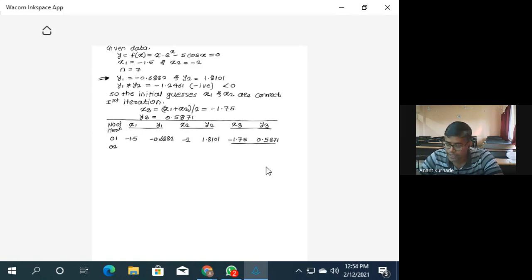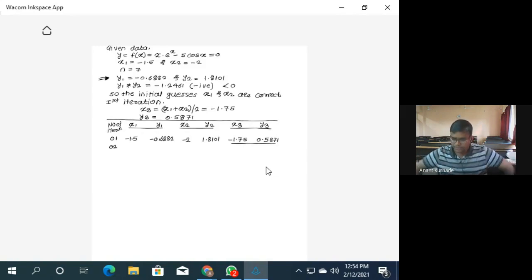That is very important. If the sign of y3 is plus, then we are shifting that whole pair with plus sign, pair 1, pair 2. If any value of y has a plus sign, we are shifting plus to plus and minus to minus. So indirectly we are checking its convergence condition.